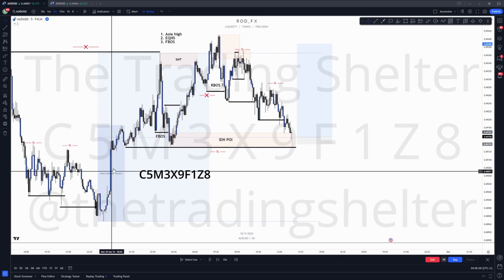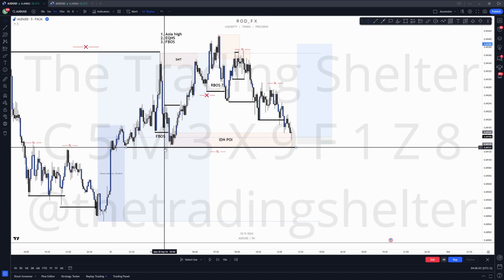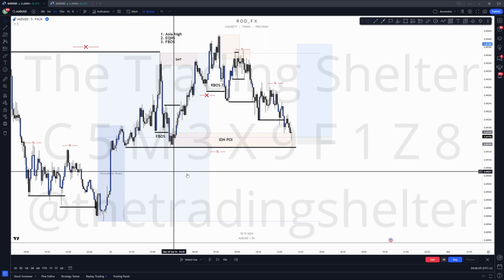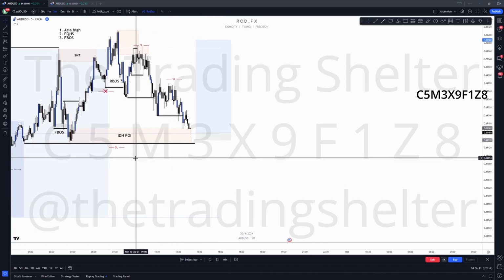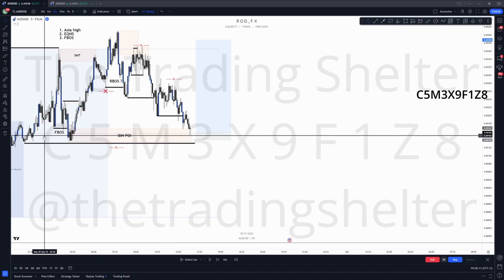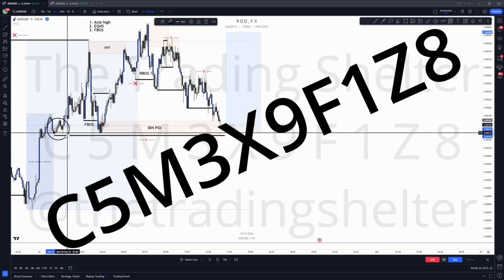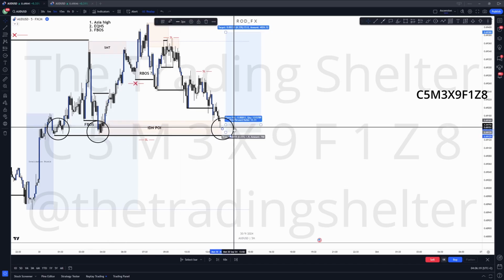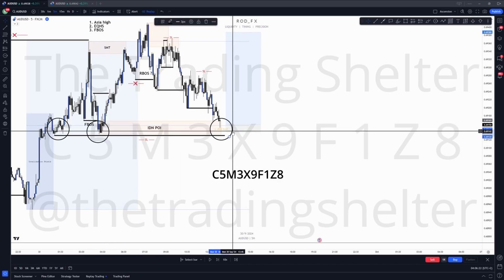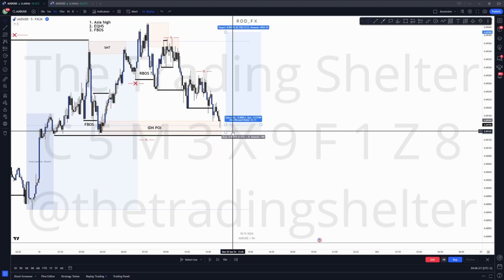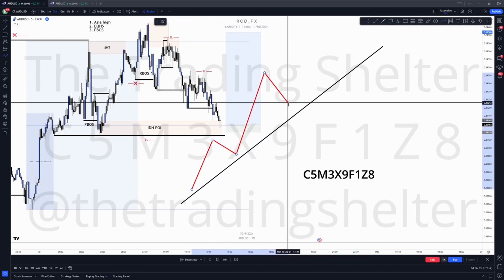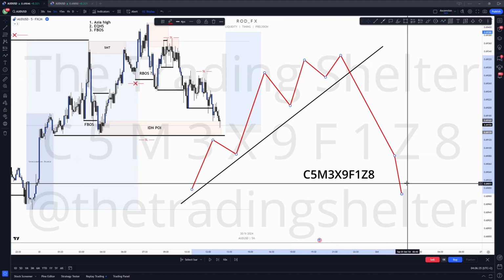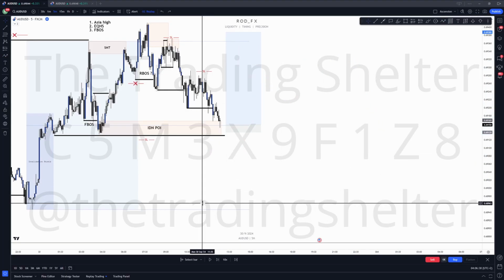So for me here, nothing to take, only here. Equal lows are most likely the only retail strategy where the more times it comes back to the support or resistance, the better it is. Okay? So the more times it comes back, the better it is. The same thing: when we have a full day of just an upward trendline, we can expect the next day, or say one week later, to have a good reaction.